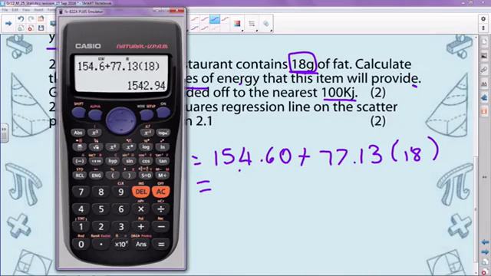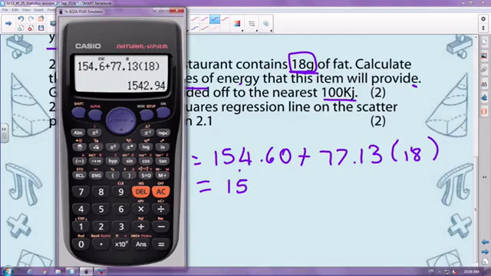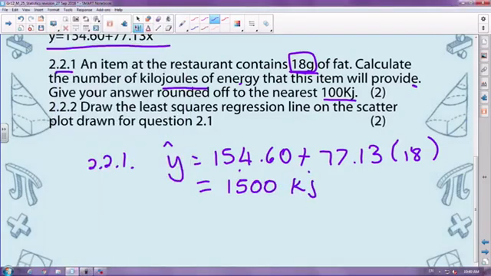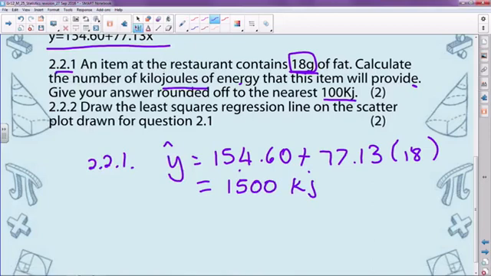So that actually means I've got to take 1,542 and round it down, because the closest 100 kilojoules would be 1,500 kilojoules. All right. Okay, the next one, draw the least squares regression line on the scatter plot drawn in